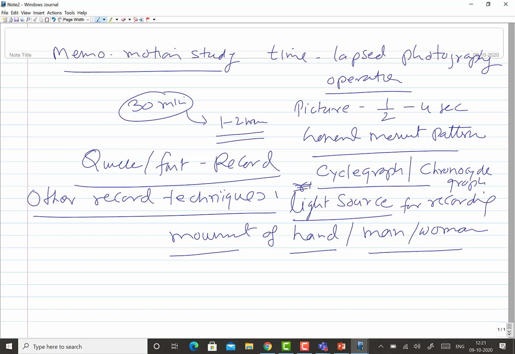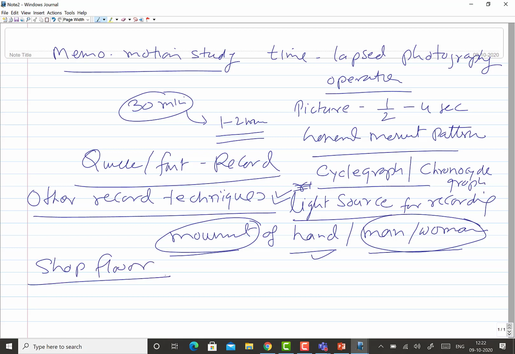Both use a light source to record the movement of the hands or the movement of the man during the work. It is used at both levels: to study the movement of the worker in the shop floor itself, or the movement of body parts like hands or legs during the work, when the work is being done on the bench or on the work table.